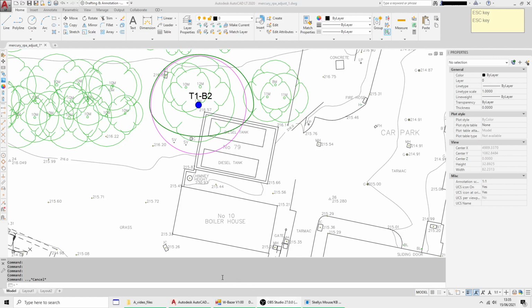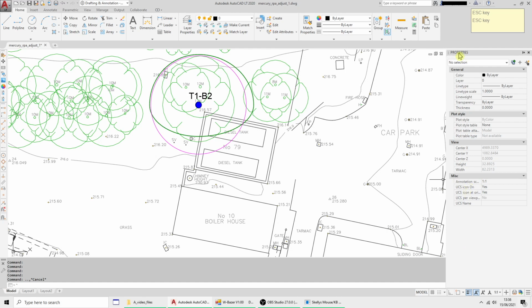Hello. In this demo I'm going to redraw this RPA line for T1 because it crosses this wall, which for the purposes of the demonstration we're going to say it's really deep with massive foundations, so roots are unlikely to be coming through here. So we're going to draw the RPA line using a polyline and match the area to the original one. To do this I'm just using my normal snap settings, which are nearest and intersection,